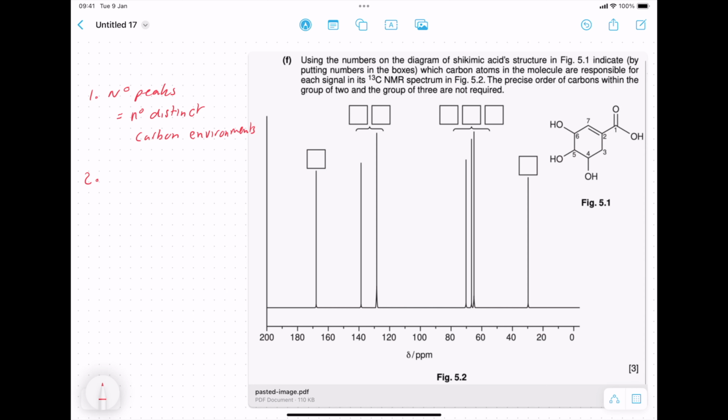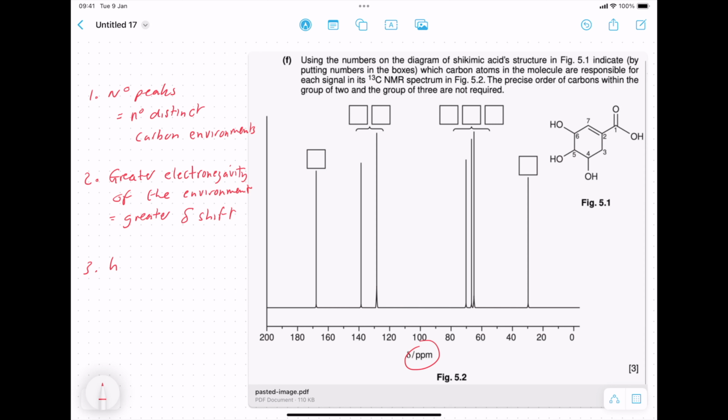Number two, the greater the electronegativity of the environment. So what do I mean by that? If you have neighboring oxygens, fluorines, nitrogens attached in that carbon environment, that will lead to a greater chemical shift. So that symbol there is the chemical shift symbol. And then number three, this is more so for proton NMR, but it can be used loosely for carbon NMR,